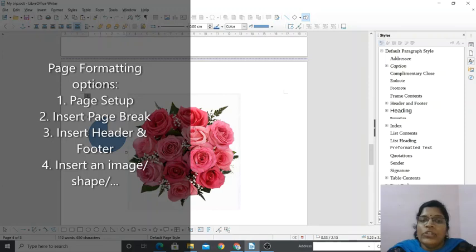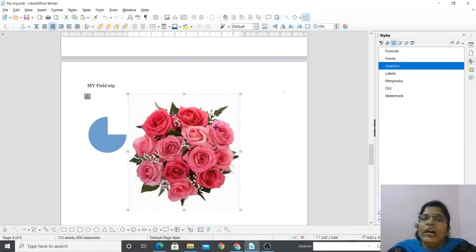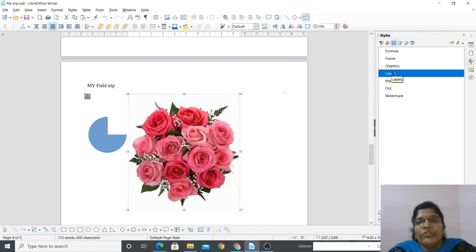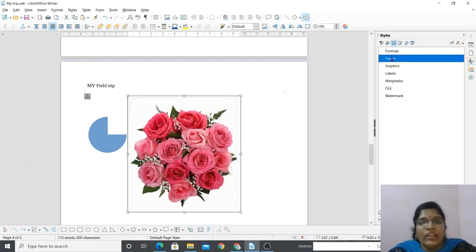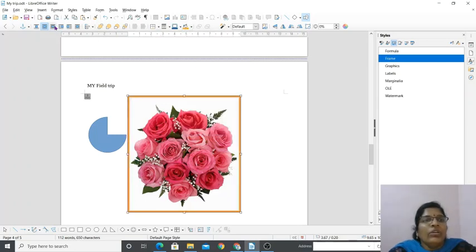That is the next one. It's you added a picture, right? So for this picture you can give a border and you can make it more attractive. See, when you just select the picture, do you see that picture style boxes appears here? Okay, so labels, if you want to give a label, if you want to apply graphics, if you want to give a frame also you can give. See, frame it's applied over here and you can see the formatting toolbar changes. Do you see? So fill color, if you want to give a fill color, you can give anything you can do. Okay, so all the options are here.